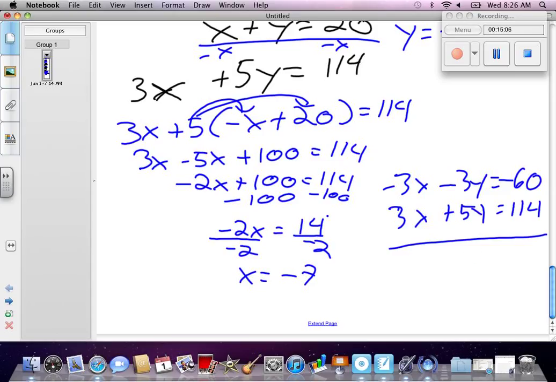And I added straight down, giving me 2y. What's 114 minus 60? 54? 54. Yep. And then I divided by 2, and y equals 2 goes into 5